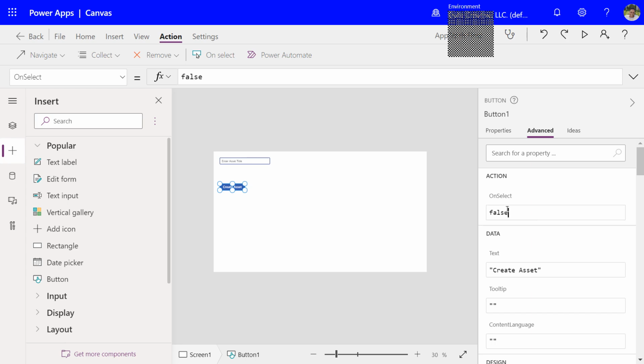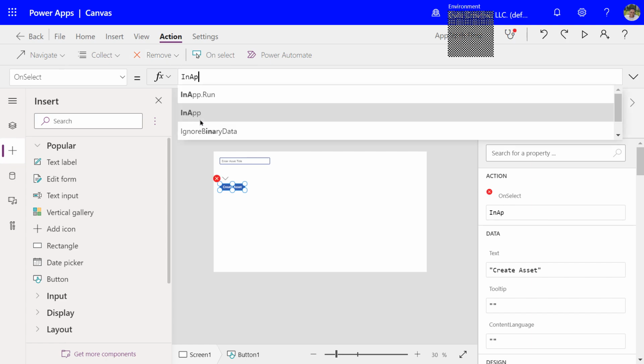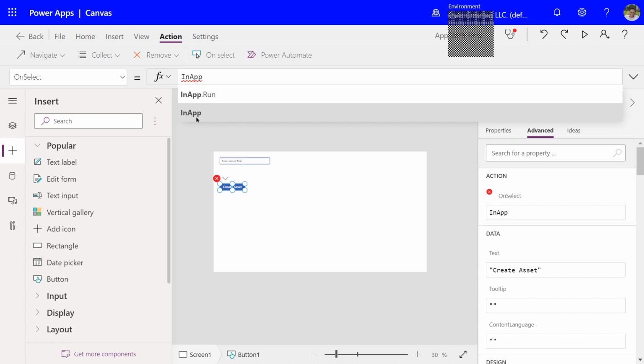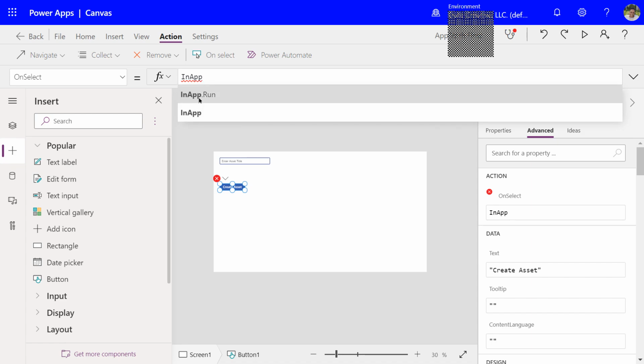Where it says false, I can do it in the formula bar, it doesn't really matter. I'm going to select false and change it. The name of our flow is in app, so we're going to start by typing in app, and then we'll see a drop down list occur, and we're going to select off of that list